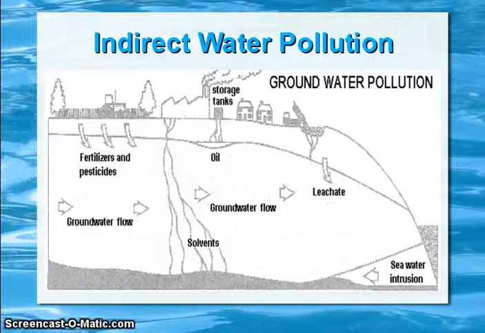Indirect water pollution. Indirect sources include contaminants that enter the water supply from soils and groundwater systems and from the atmosphere via rainwater. Soils and groundwaters contain the residue of human agricultural practices, like fertilizers and pesticides, and improperly disposed of industrial wastes. Atmospheric contaminants also derive from human practices, such as gaseous emissions from automobiles, factories, and even bakeries.